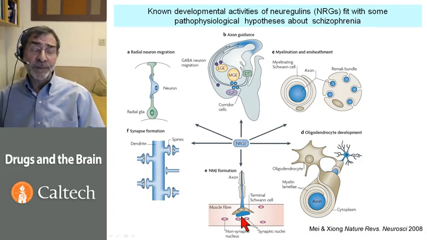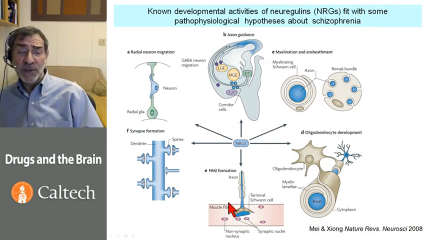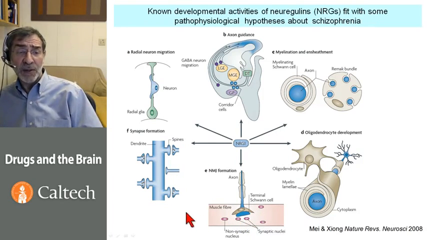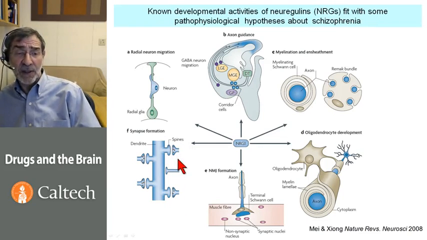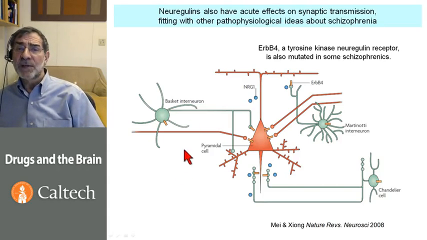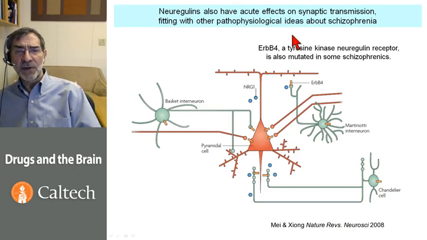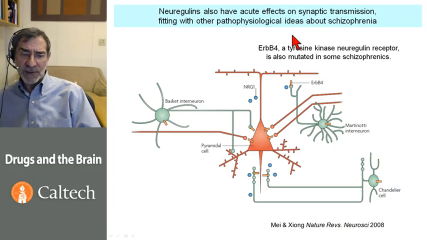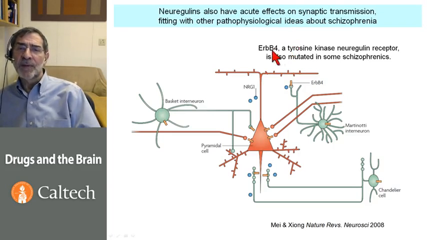As mentioned previously, neuregulins help to form the neuromuscular junction, the nerve-muscle synapse, and also neuregulins help to form the spines on dendrites, which, as we have seen in a previous slide, seem to be abnormal in schizophrenics. Neuregulins also seem to participate in some acute actions on synaptic transmission, and this fits with other pathophysiological ideas about schizophrenia. So, for instance, the